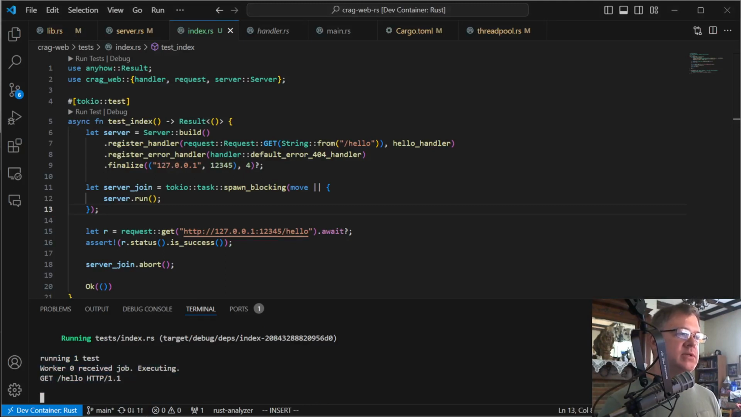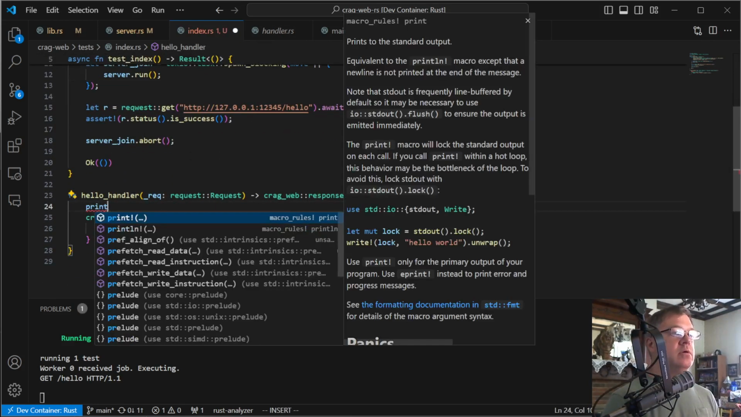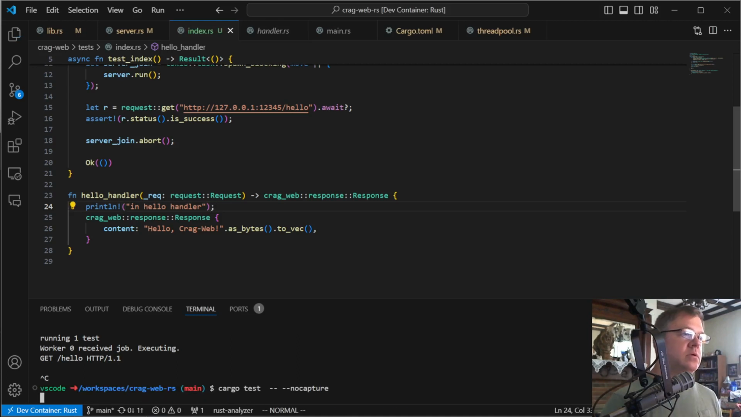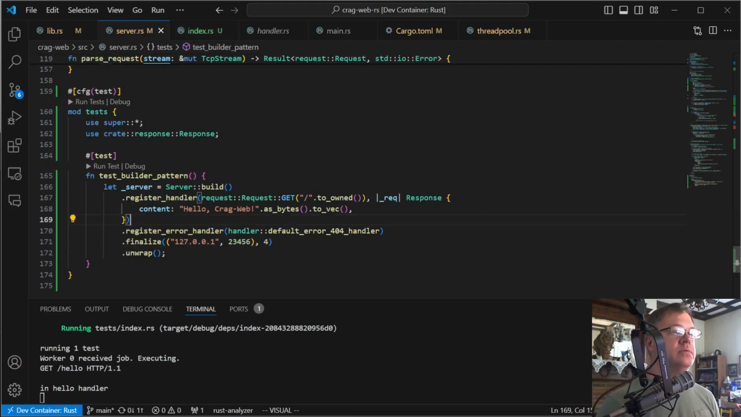In this case, it's saying GET. So let's just follow that request here. Let's go ahead and print something here. And hello handler. Print statements are not a bad thing, but not always great. So we get here into hello handler, and in our server,